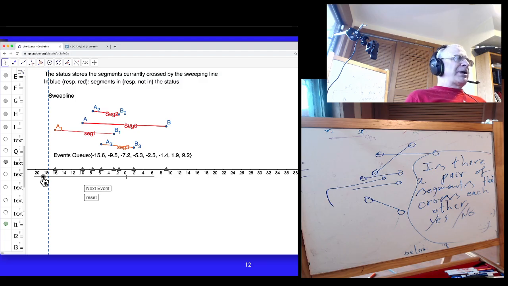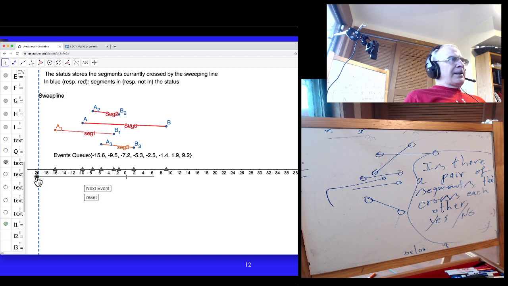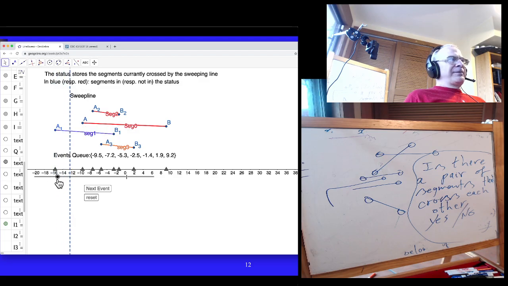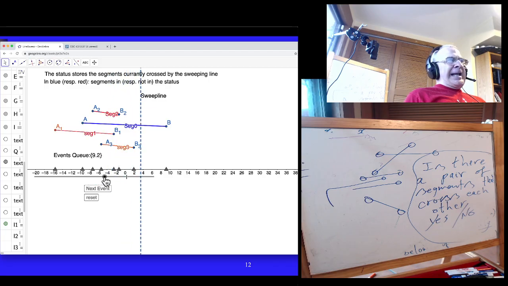Anyhow, we are talking about the two-dimensional plane, so I'm going to move a line all the way from left to right, and this line slowly moves among the segments, and